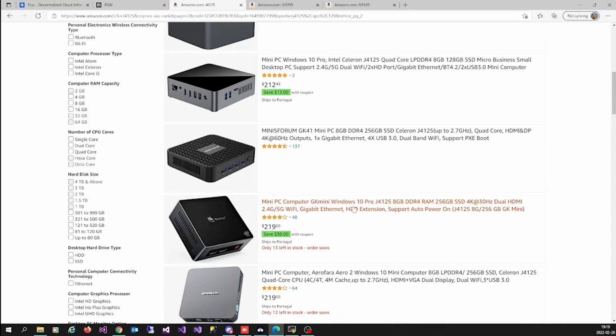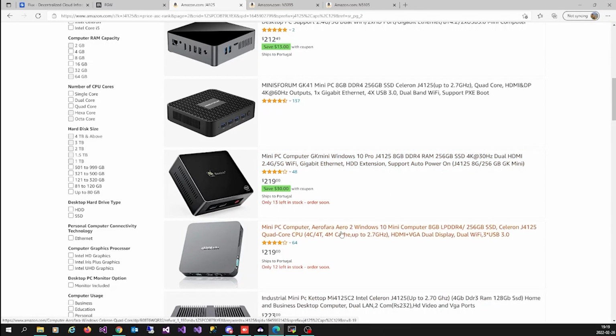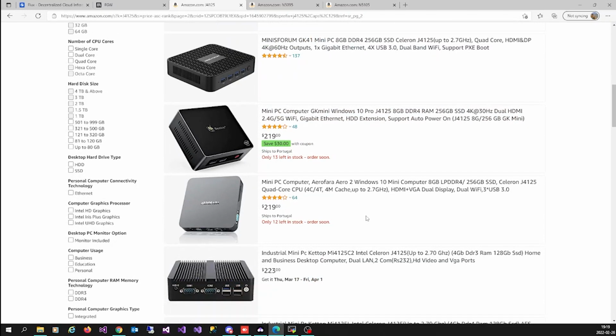Let's see, this one for example, also same processor, same amount of RAM, same amount of storage. This one also the same. So as you can see, there are lots of different brands of mini PCs that you can buy, and you just buy this. You don't need to buy anything else, and you can run a FluxNode from your home instead of renting a server. Other things that I would like to mention here is this Intel Celeron will pass the